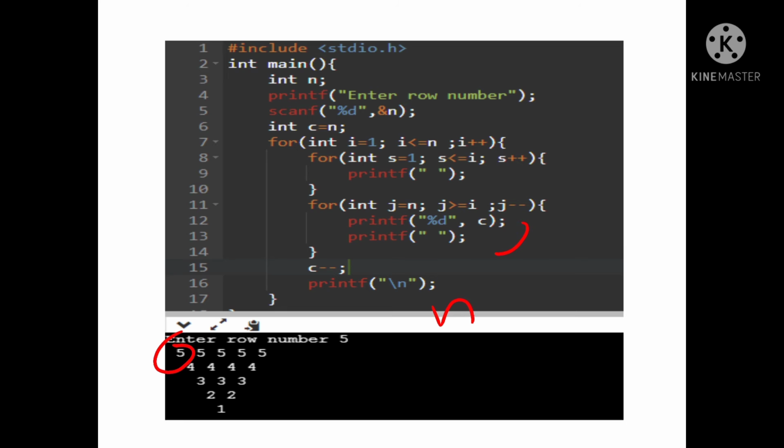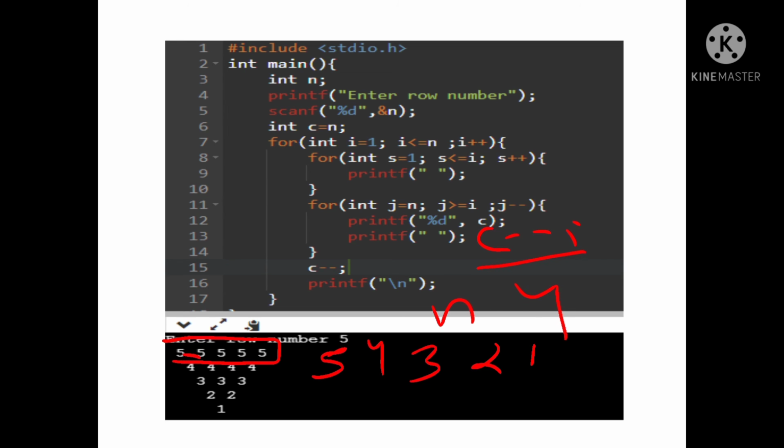After that it will execute the space, so after 5 you can see it printing a space. Then the decrement statement will decrement the value of c, so c will become 4, and after this 5 it will print 4, not 5. But we want the same number, like in the first row we want 5 only. We do not want 5 4 3 2 1.